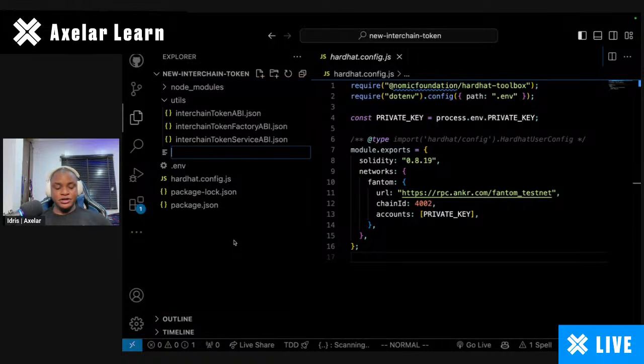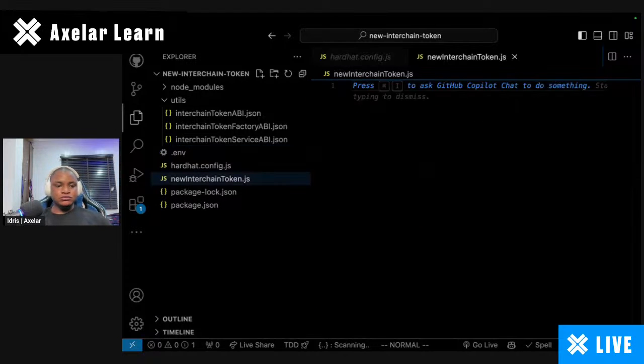So now let me create a new file called newInterchainToken.js. newInterchainToken.js, right? Feel free to name this whatever you want, but I just use this name because it's pretty self-explanatory, and you can tell what the file is doing. So